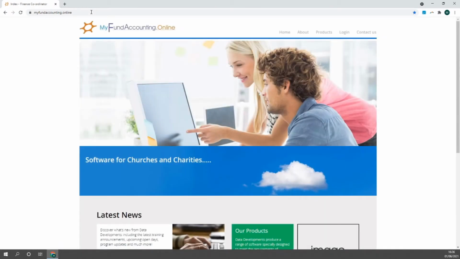It will bring you to Data Development's MyFundAccounting Online page, and you click on Login,